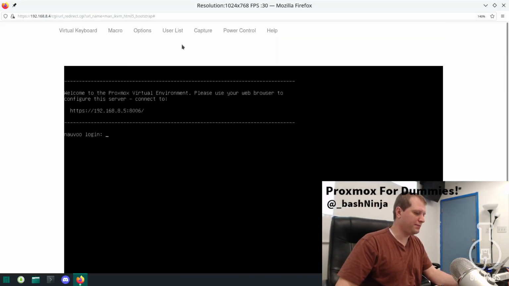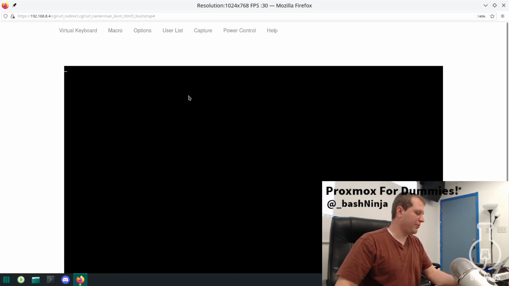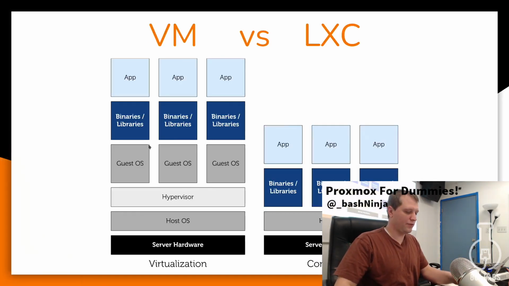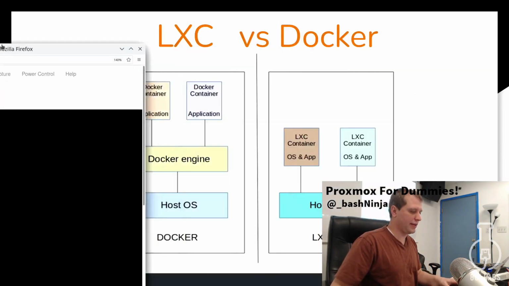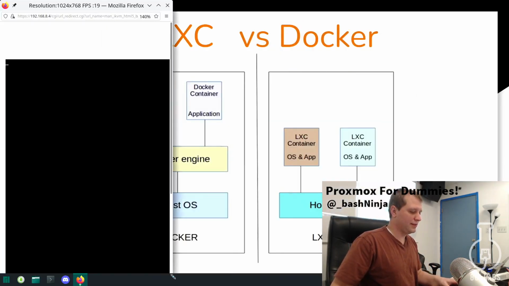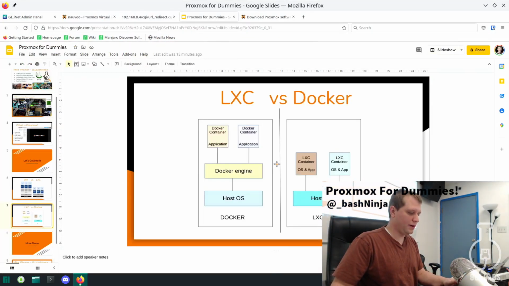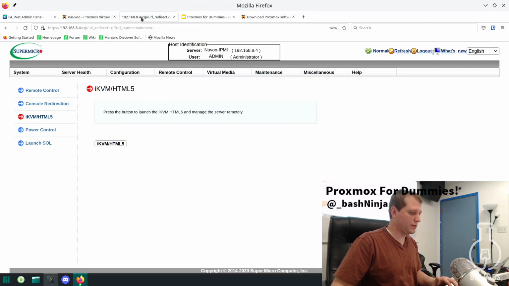Oh, dang it! I got talking and we didn't. So I pre-installed Proxmox on this because I wanted to test everything before. So we'll go into Docker, the difference between LXC and Docker, and I'm going to actually like remember this. Let's pull it up here. Okay, so we'll leave that there, and then we'll put